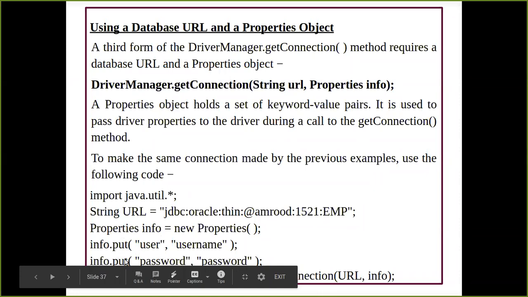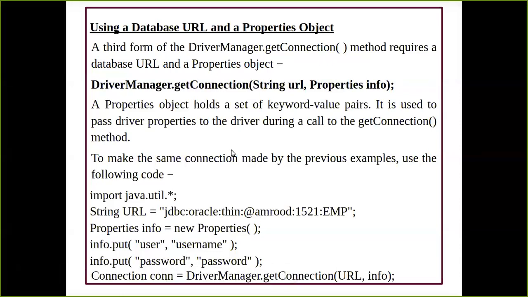That is your put method, which is going to take two parameters. One is your key and one is your value, or we can say one is your variable and one is the value of that variable. So the variable name you can give anything. The value you have to give is the one you have given for your database. So username is going to be what? Root, if I'm considering that by default the name of the database is root, and the password whichever I have given to it. Fine. So this is the last option which we have, and these three ways are available to use for connectivity. You can use any of these.